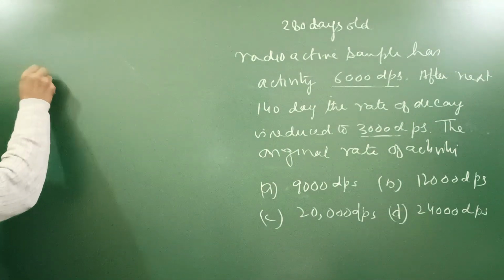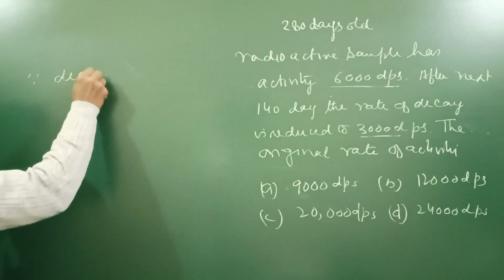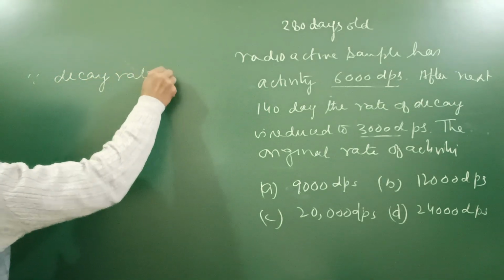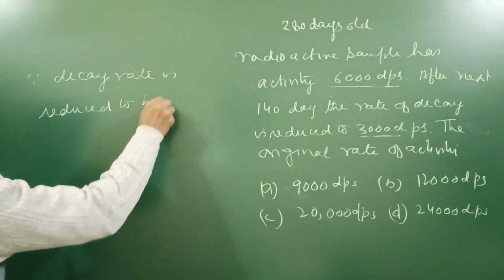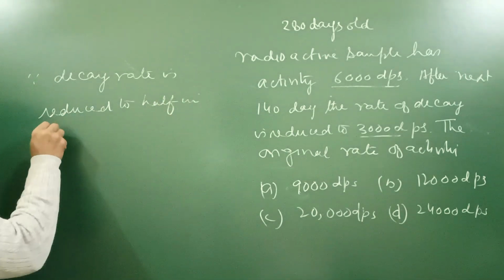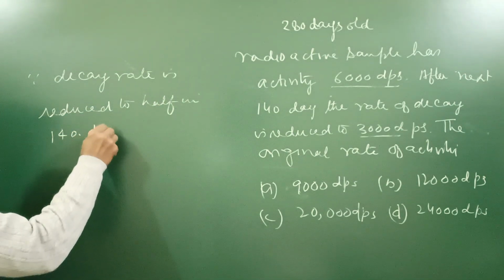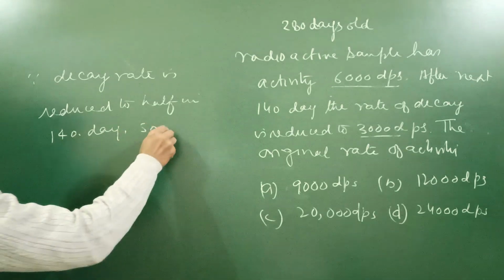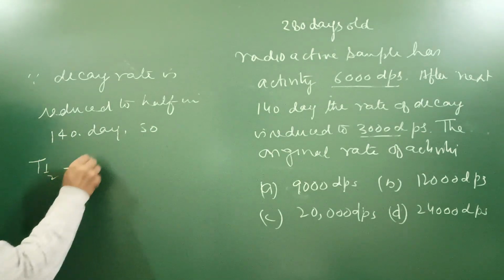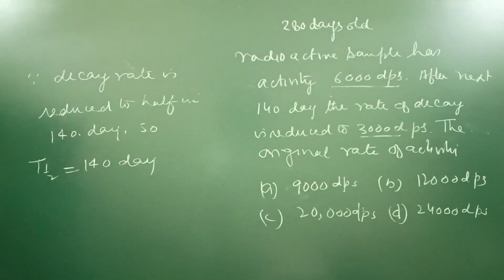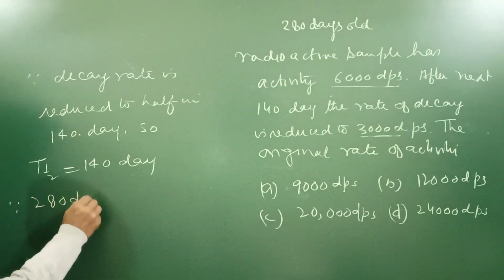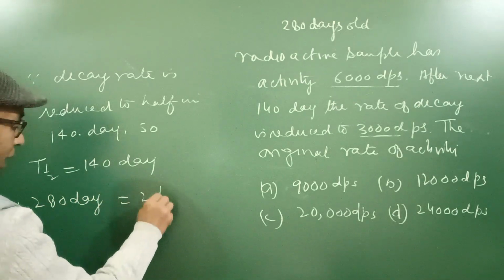So since the decay rate is reduced to half in 140 days, T half is 140 days. The half life of the given sample is 140 days, and since 280 days is equal to 2 half lives,